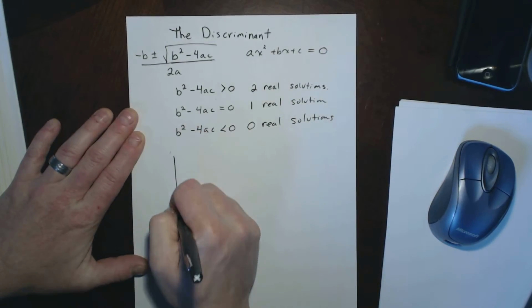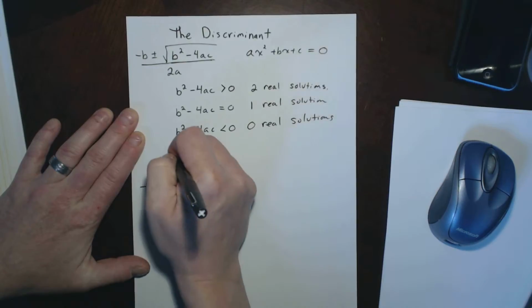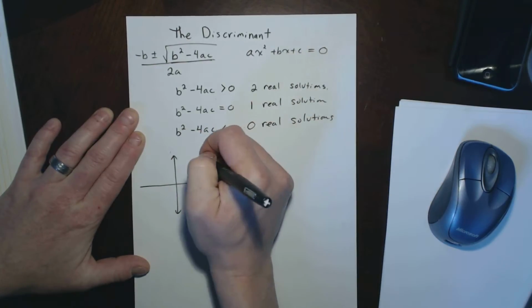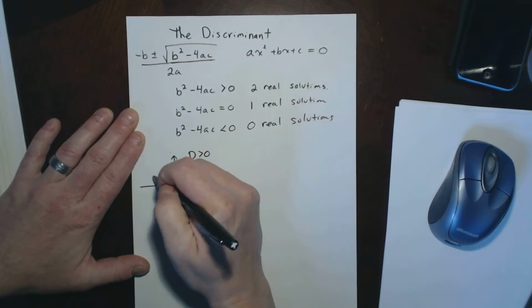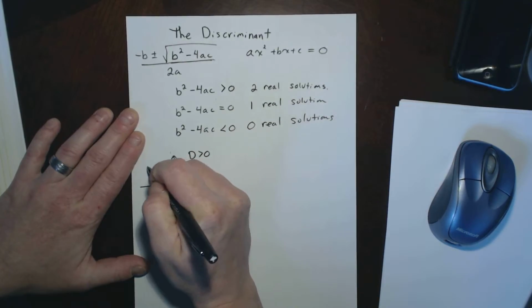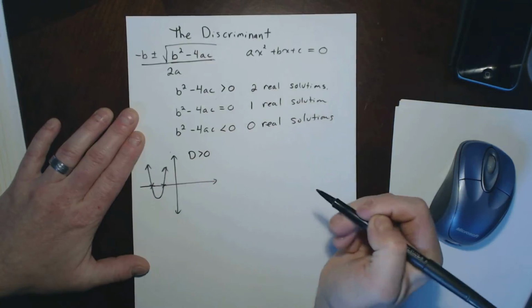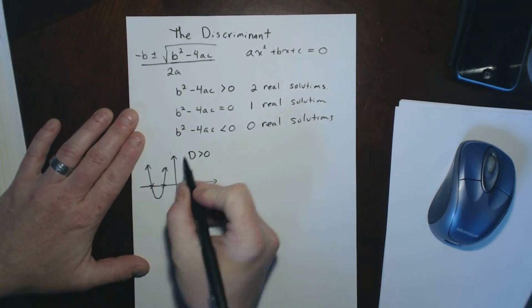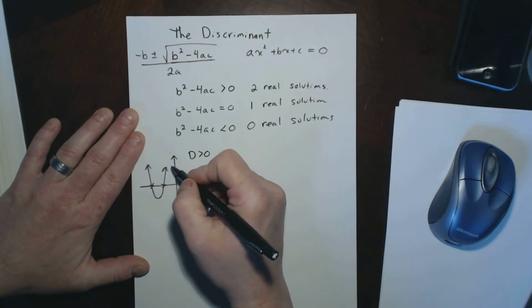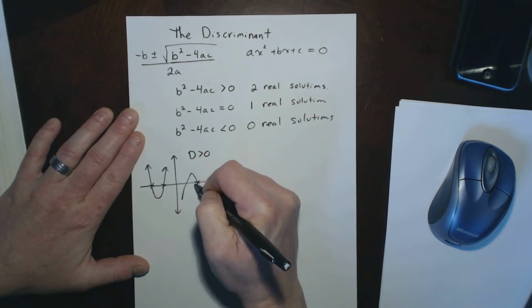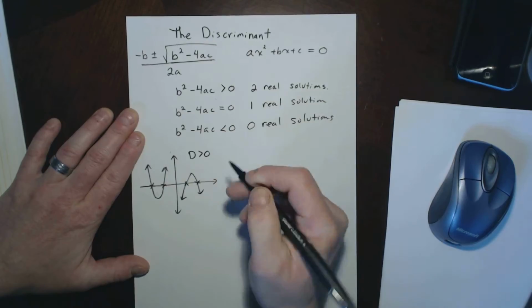Effectively, what this gives us when we look at a graph is that when your discriminant is greater than 0, you're going to have a parabola that's going to cross the x-axis in two places, which is going to give you your two real number solutions. Now that parabola may be opening up, it may open down, but regardless, you're going to have it cross at